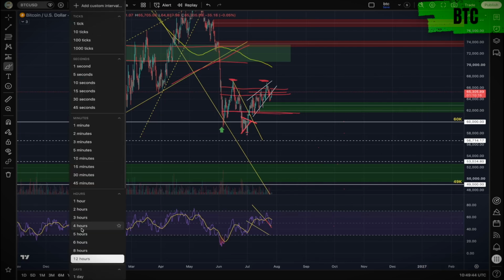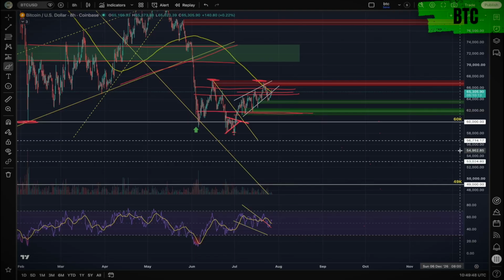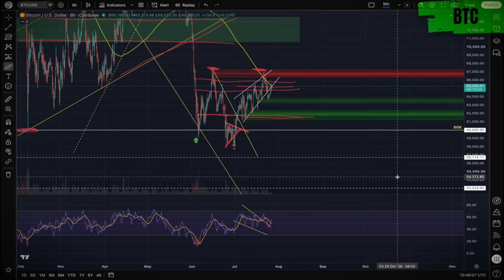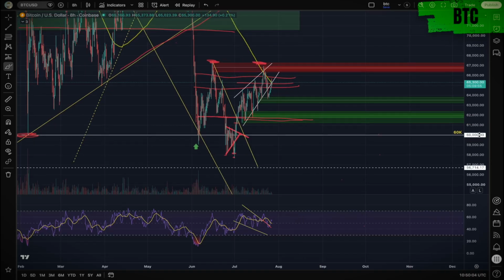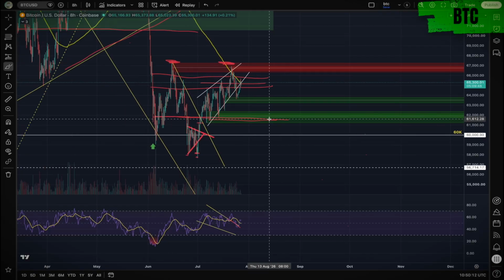So what does this mean? Well, what it means is that if this level here at 61.5k, this whole kind of 62 to 61k area, doesn't hold, then we're dropping, right? We're coming back into this loose structure and we're coming down. So you could look at this lower level as a potential option for a long here, because it is now acting as an invalidation line for bullish continuation, which is why these order blocks are saturating a little bit. But we have to be cautious here, of course.